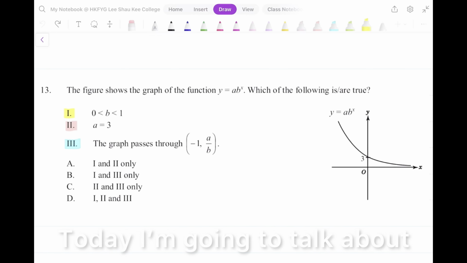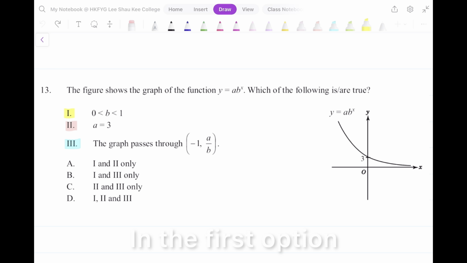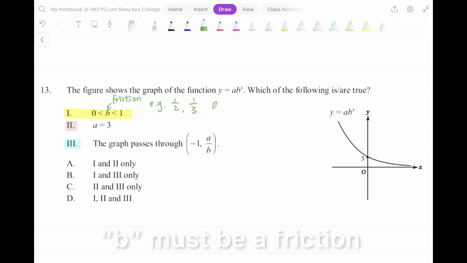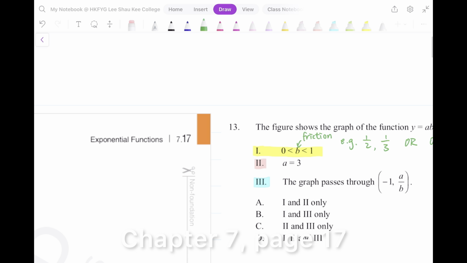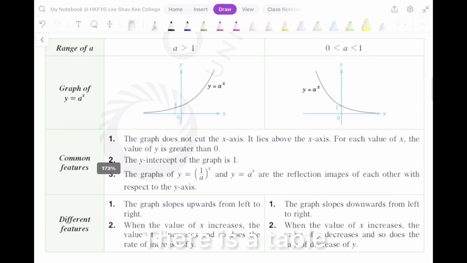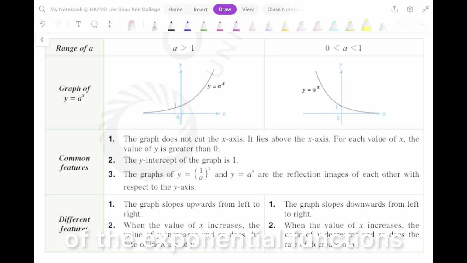Today I'm going to talk about question 13. In the first option, we can see that b is bigger than 0, but it is smaller than 1. So we will know that b must be a fraction. And according to the book chapter 7, page 17, there is a table summarizing the features of the exponential functions